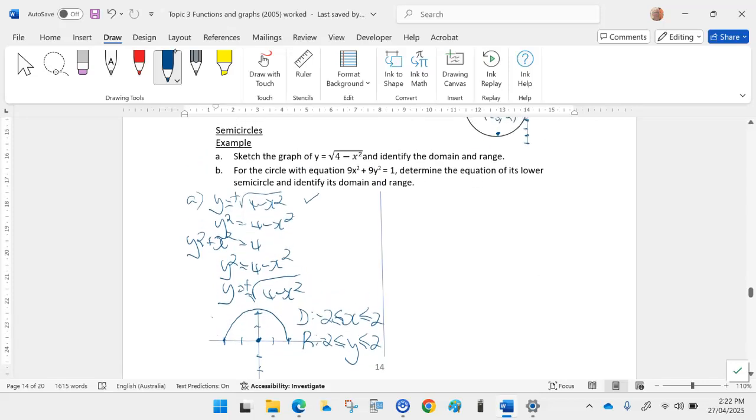Okay, what about next bit, B? For the circle with equation 9x squared plus 9y squared is equal to 1, determine the equation of its lower semicircle, identify its domain and range. Alright, so we're starting with a circle. This one. 9x squared plus 9